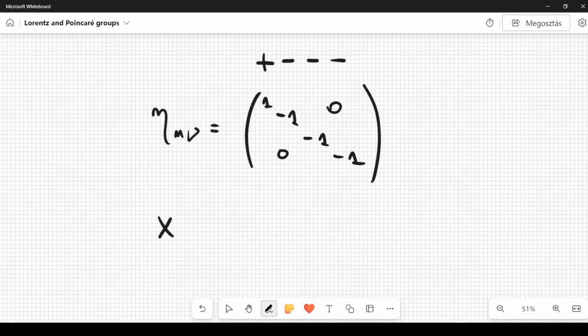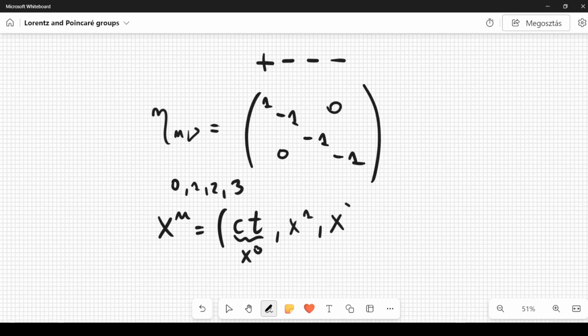We have the following set of coordinates, which we labeled with the letter μ. So μ can be either 0, 1, 2, or 3. And the components of x^μ are given by x0, which is ct. So this is x0, which is given by the speed of light and the time measured according to a certain reference frame. So we are in the reference frame, and the coordinates that we use in this frame are given by x0, x1, x2, x3.